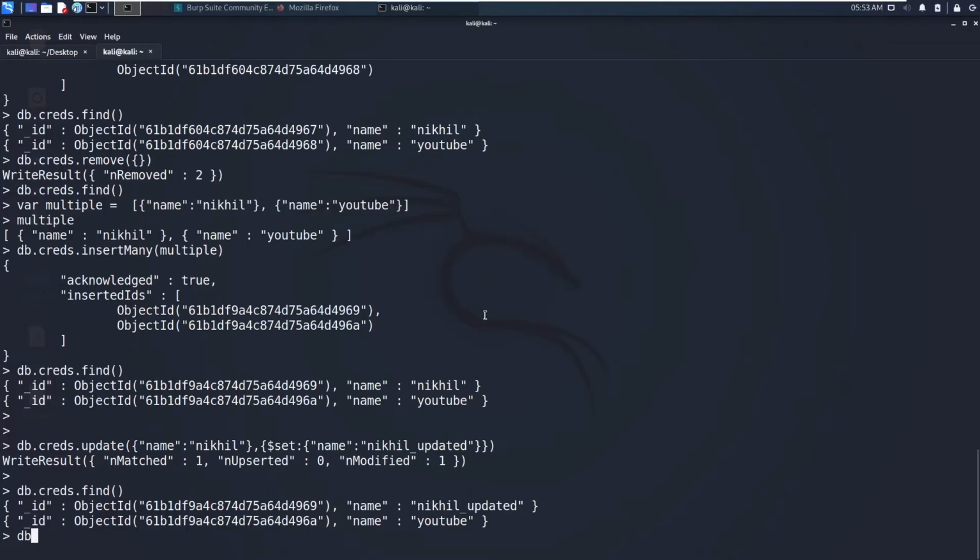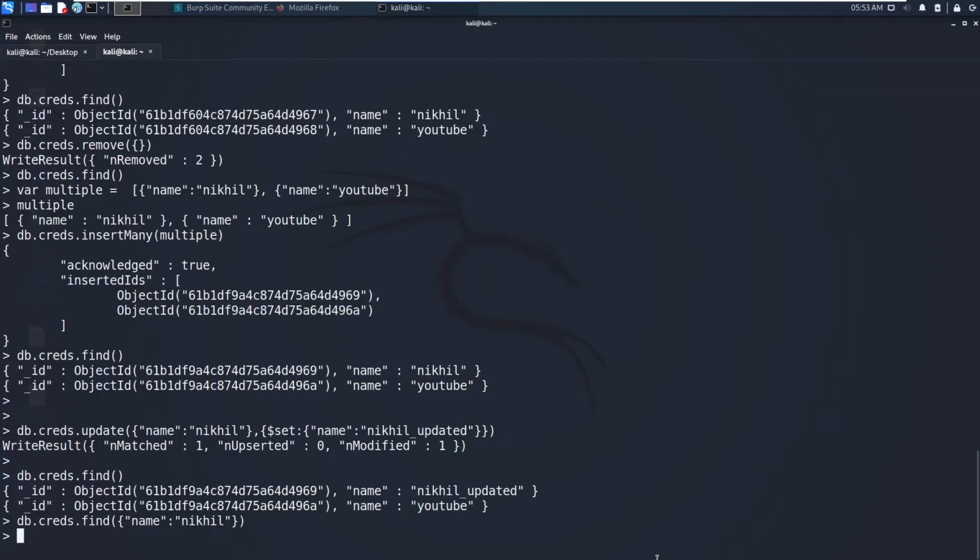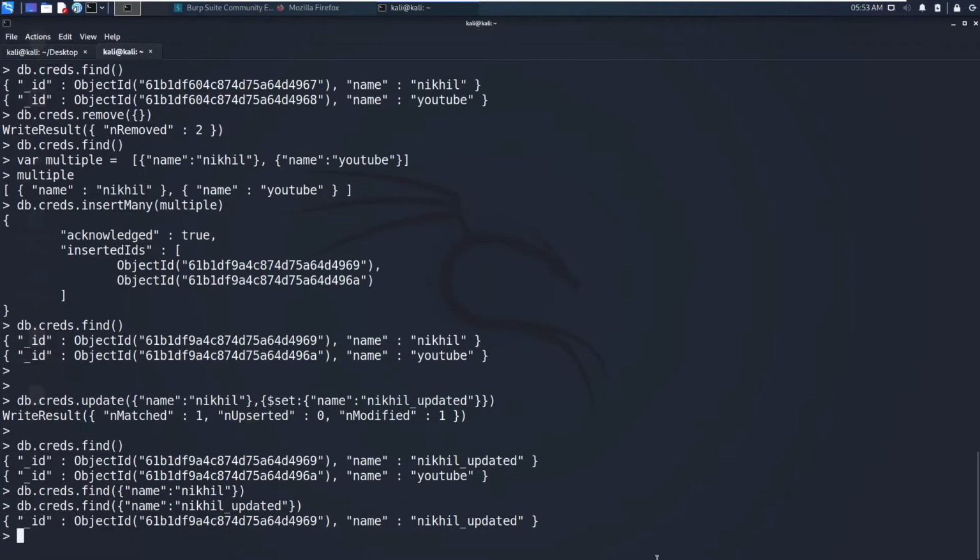So let's go and say db.creds.find. Let's go and find some values here. Name, you can also give like this, Nikhil updated, so you will get the data.